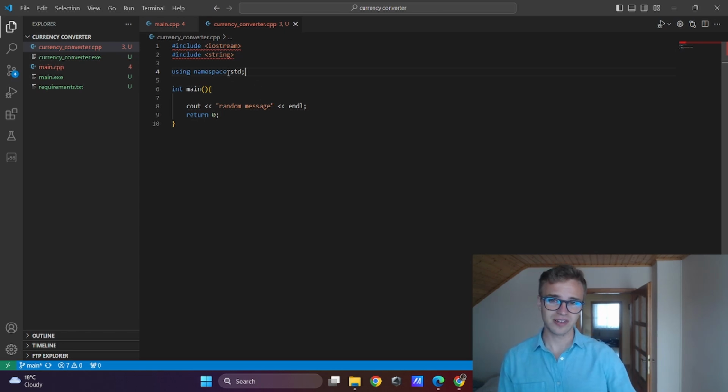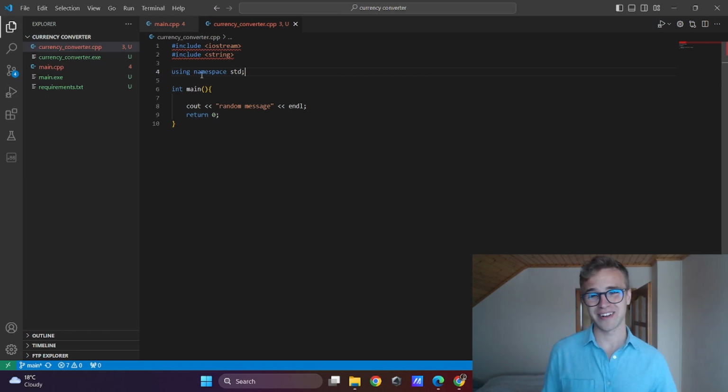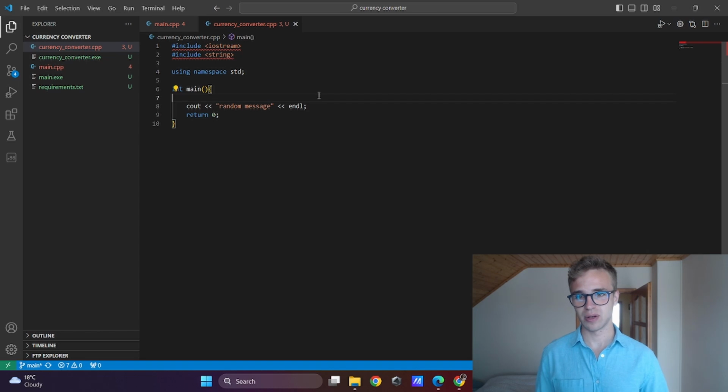Namespaces are used to wrap the code into a block where it recognizes std, to avoid conflicts between different namespaces.